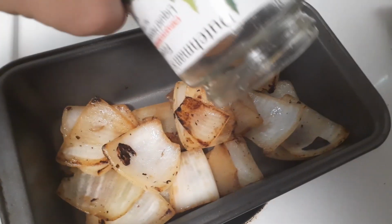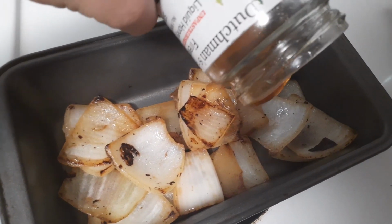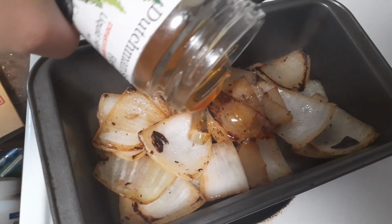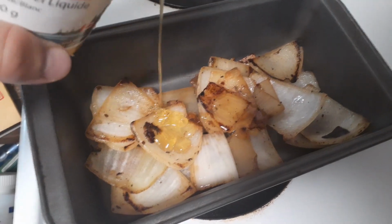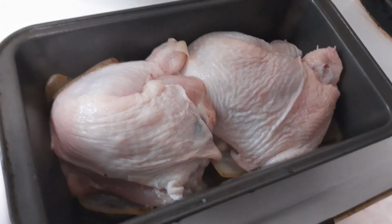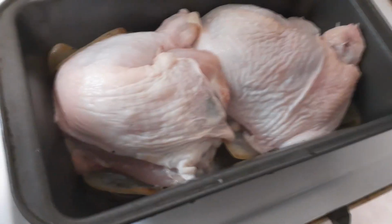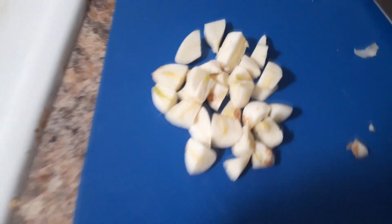What we're going to do is we're going to take a little bit of this honey and we are just going to drizzle a little bit onto the bottom layer of those onions. There we go. I licked the rest of the honey off. Alright, so now that we have our chicken laid upon our bed of honey and onion, we're going to take the rest of the onions, put it on top with a little bit more honey, and then also about,